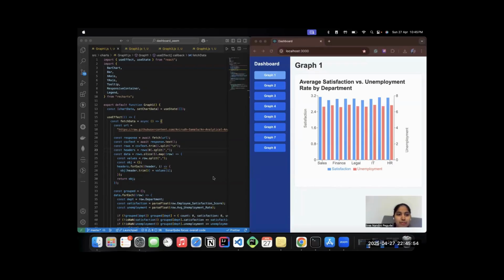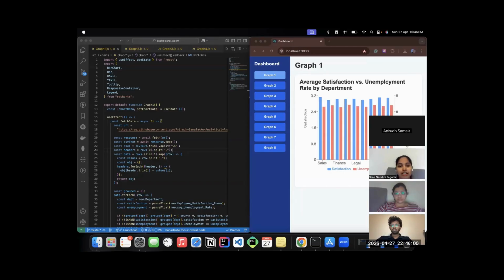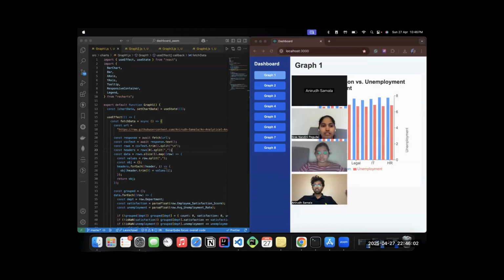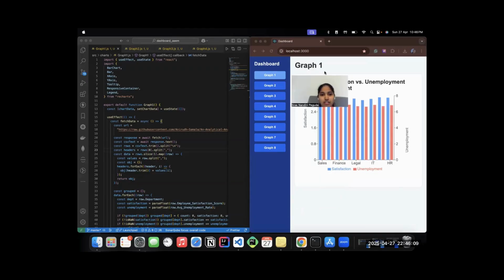This matters because mental well-being directly affects productivity, and we wanted to show this connection using real-world data. So let's go through the code and visualizations that are generated based on our data.